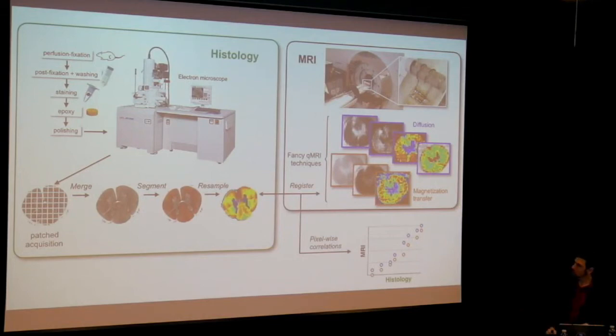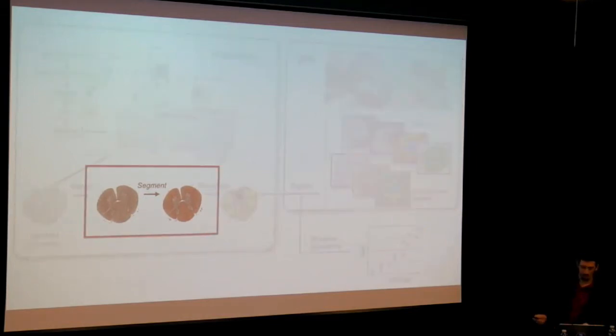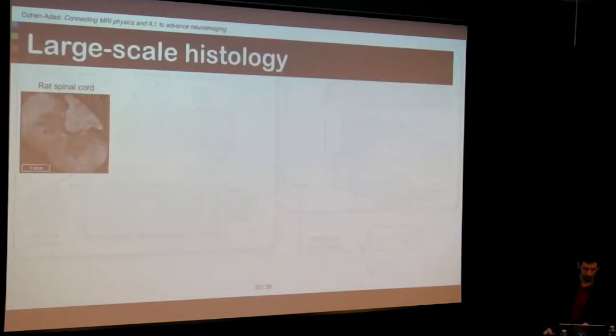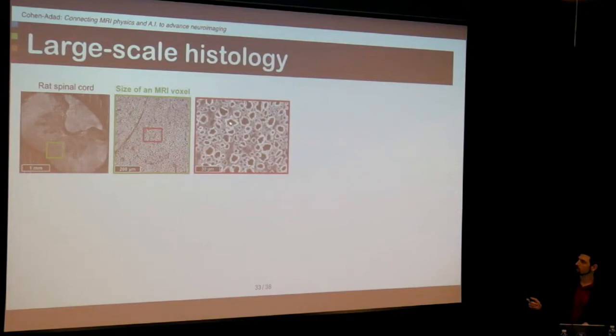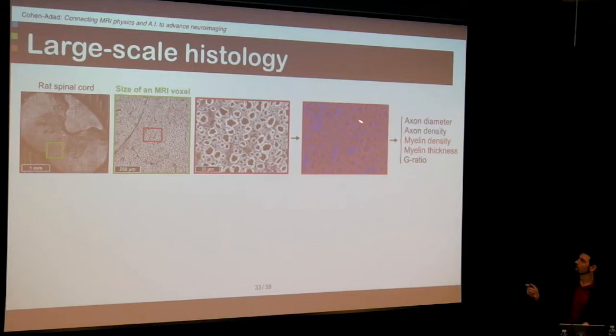Okay? So I want to be fast on the segmentation aspect because that's critical and needed. So if we look at a rat spinal cord, so it's an axial cut of a rat spinal cord, we start zooming in. So you have the scale window here. We're getting closer, and that's basically our friends, the axons and the myelin sheath surrounding them. So in red, you have the myelin that we are interested in quantifying. We are also interested in quantifying the density of those cells. So we basically need to segment individually the myelin sheath and those neuronal cells